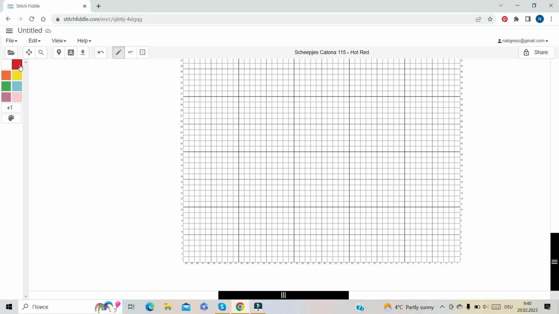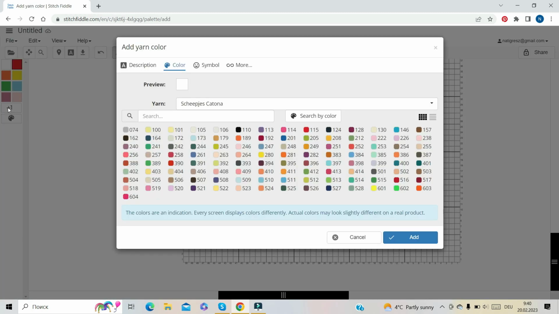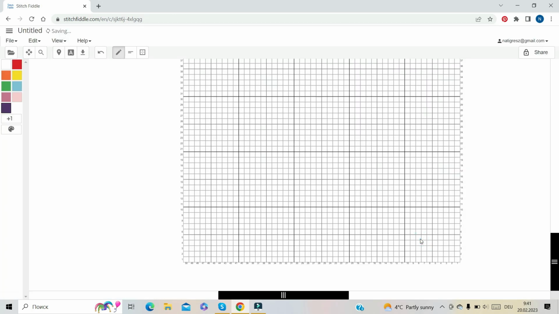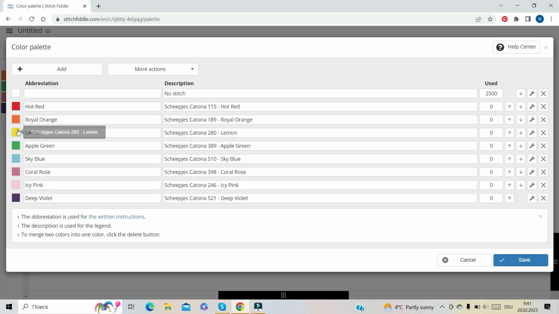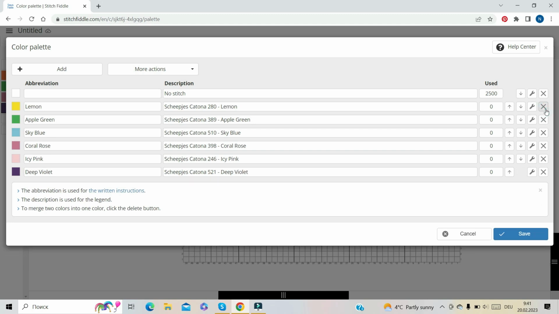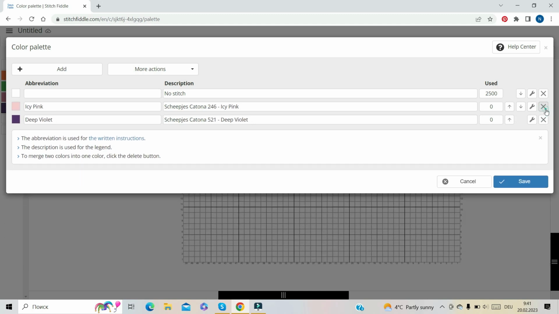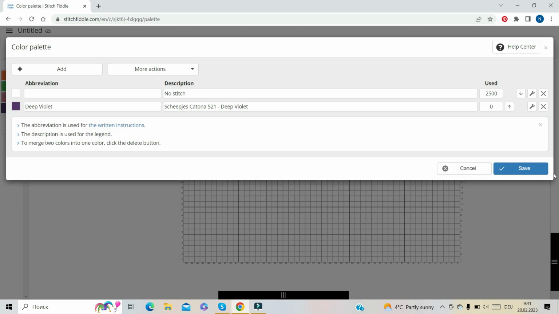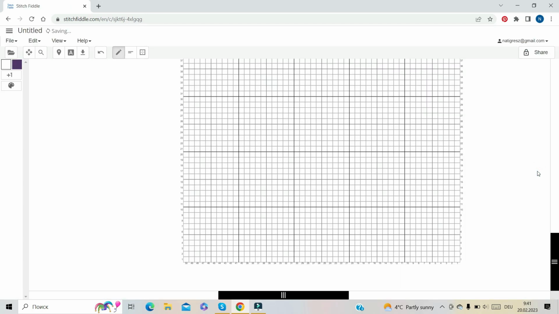We already have some colors here, but I need a darker one. Click on +1. I choose a deep violet color and add. For my pattern I will need only two colors, white and violet. That's why I click on the palette icon, and here I can delete not needed colors. Save changes,